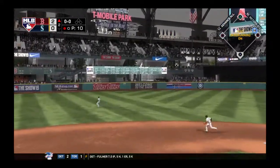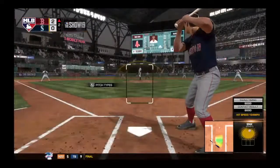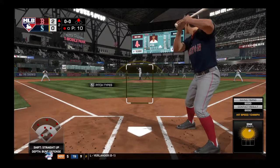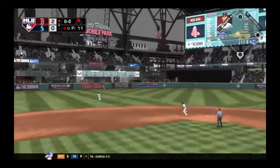And this is into the alley and ought to be good for extra bases. And he's in there easily at second with a 1-out double. Off the bat, it was pretty clear right away that hit was going to get him at least 2 bases. Yeah, Matt, some people like to crow about homers and towering drives, but you have to like hits like this. A no-doubt double the second it left his bat. Like you said, the only question was whether...